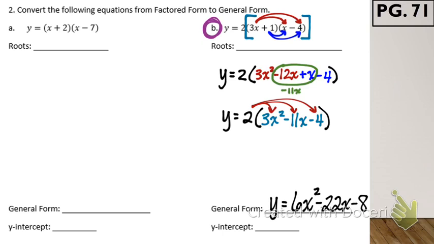Distribute your factors first. Combine your like terms. Distribute your a value. If it's in vertex form, you do the exponents first. Then you distribute your a. Then you're going to add or subtract